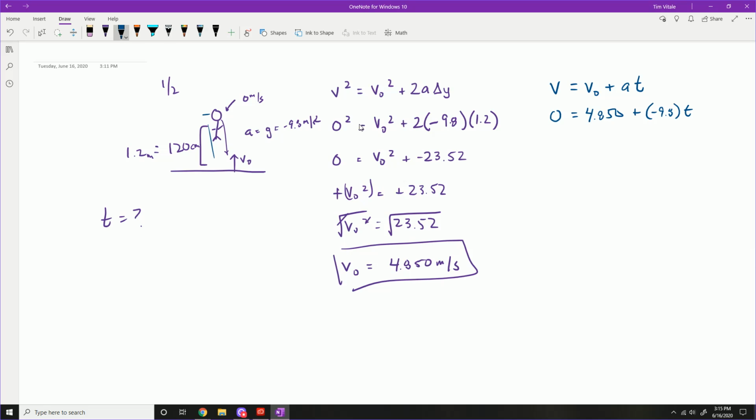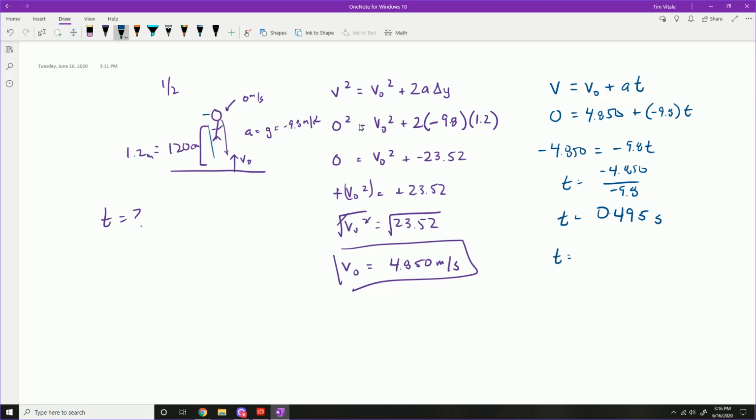So you need to subtract, so you have negative 4.850 on that side, and negative 9.8 t, and then t will be negative 4.850 divided by negative 9.8. So punching that into the calculator, I get a time of 0.495 seconds. But here's what you need to understand. That's only half of the path. The rest of the path will be him falling back down. And so what we can actually do is just multiply that by 2,